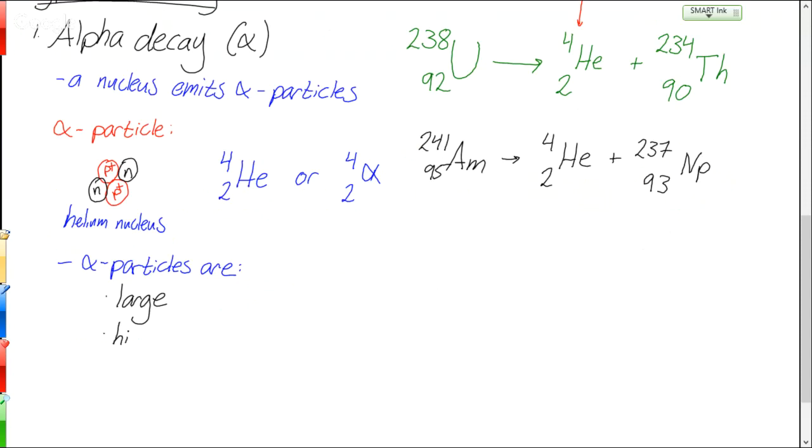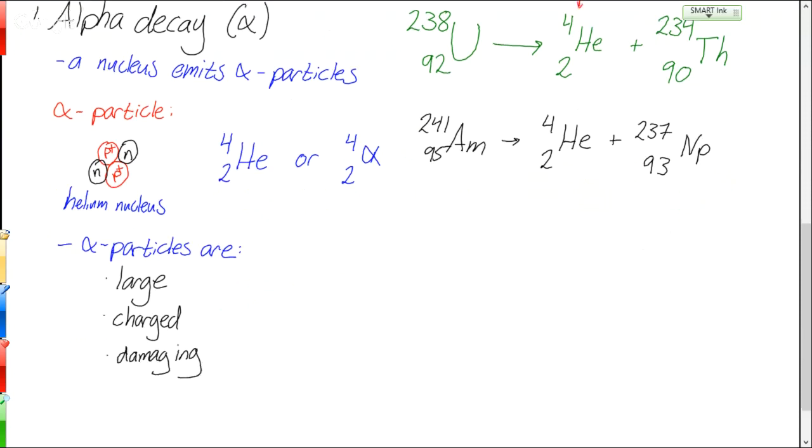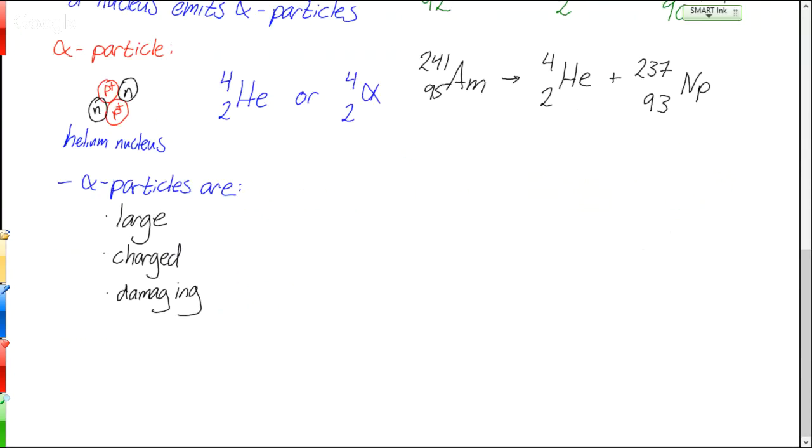They're also charged. Remember, they have a positive charge because they don't have electrons. So they can rip electrons off of other things. They can bombard other atoms. They can cause some damage. Now, it's true that they can be very damaging, but